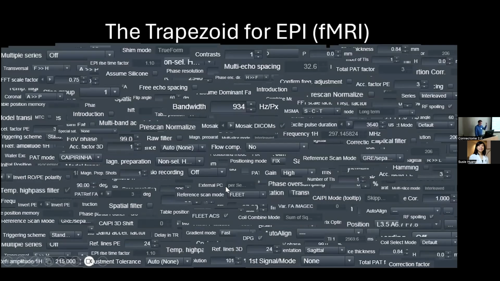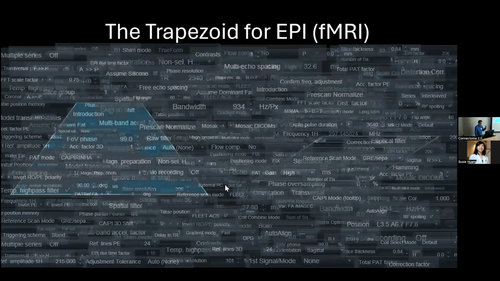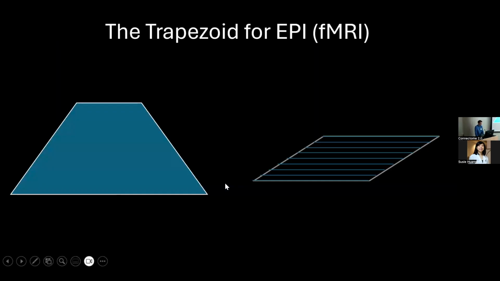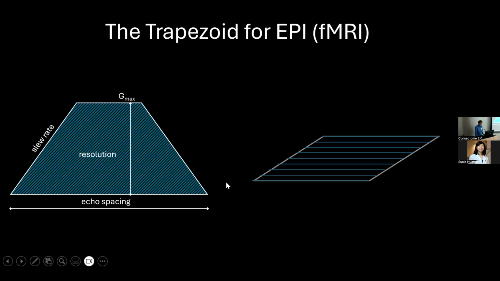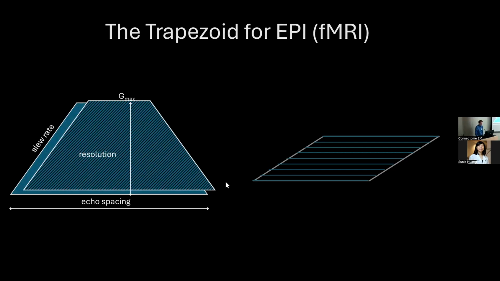And so for the sake of this presentation, I would like to simplify and oversimplify it to 2 parameters, namely the slew rate and the Gmax, that ultimately give me my resolution and my echo spacing. So for any given resolution that I want to have at a given scanner, I can be either slew rate limited or Gmax limited. For example, when I want to have a given resolution and my scanner ends up giving me this kind of triangular shape, I probably chose a too low resolution for that scanner, and I'm slew rate